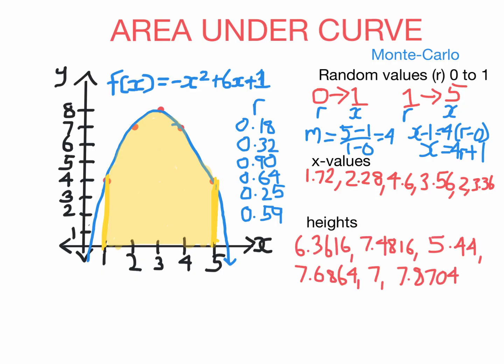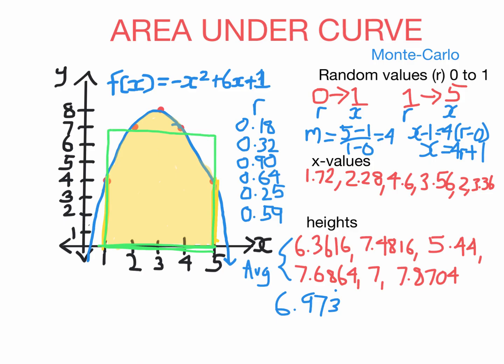So now what I have here is 6 random values of this function between 1 and 5. So I take the mean or the average of these numbers. You just add them up and divide by 6. If I do that, I get 6.973. So what this is saying is the rectangle we're going to draw is going to have a width of 4 and a length of just less than 7,